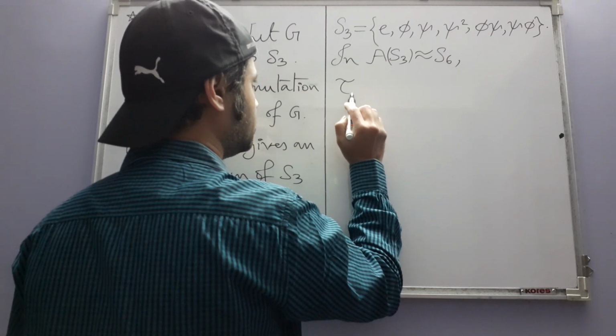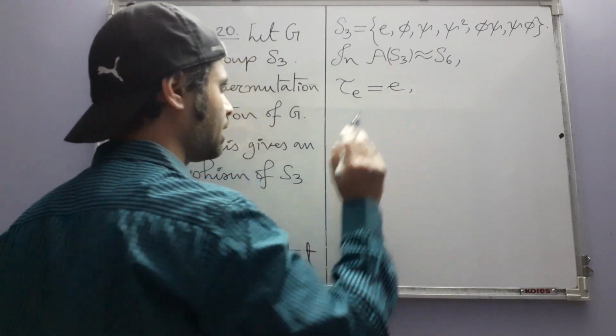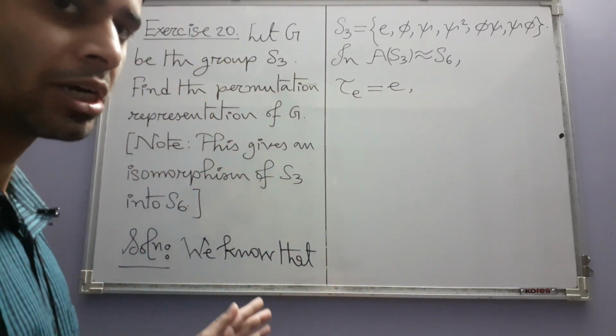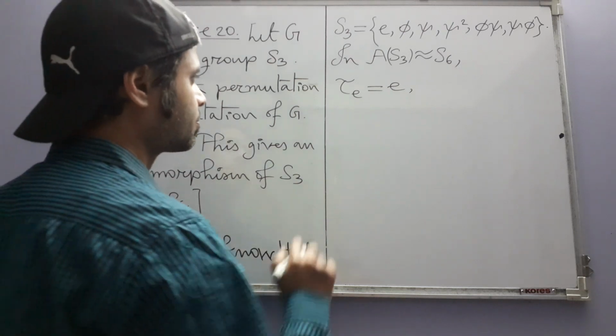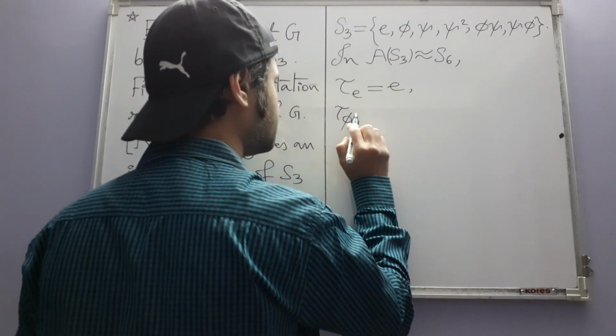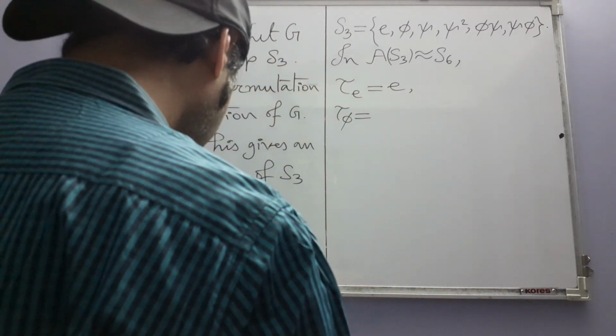Tau E is of course equal to E. You do not even have to think about this. This is always going to be the case no matter what the group is. But then next comes tau phi, and this one is this permutation